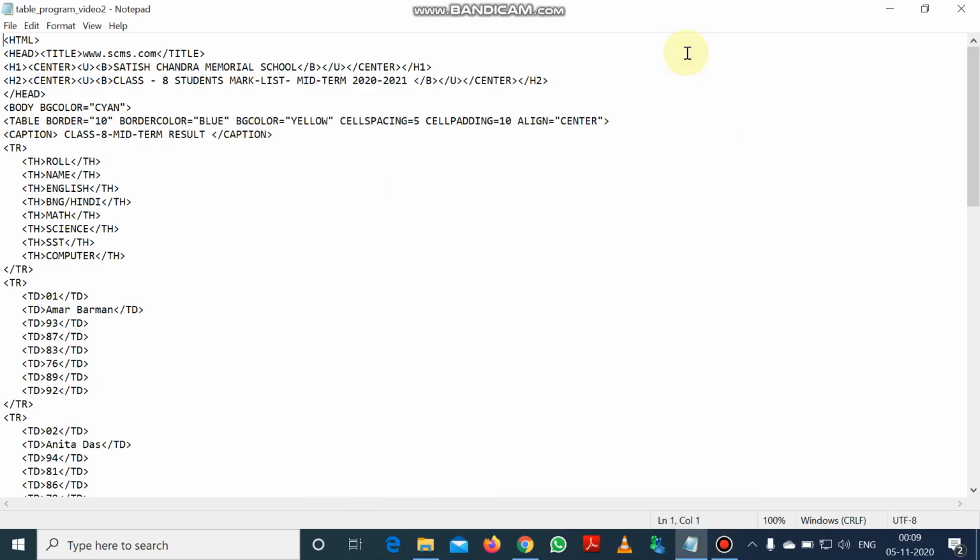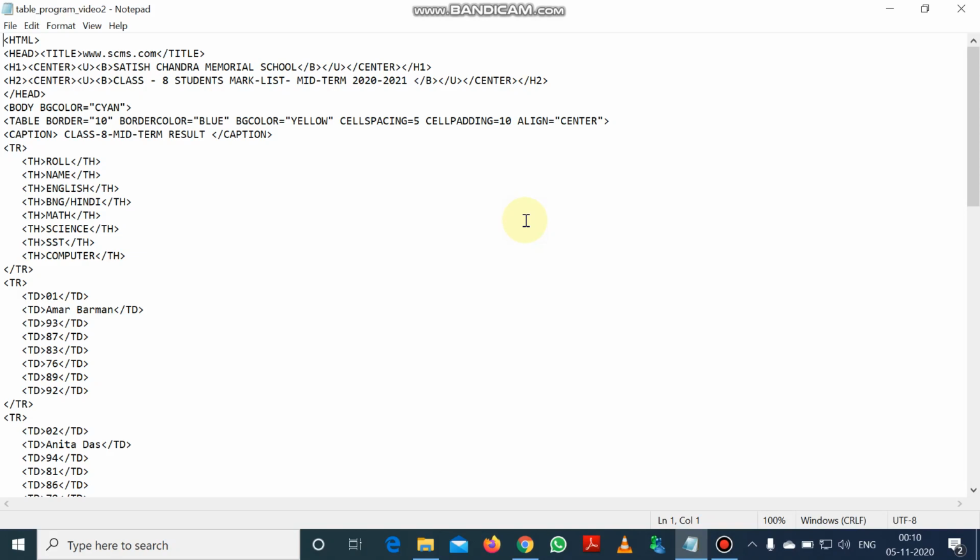Hello dear student, today I am going to describe more about tables in web page. This is the continuation class of chapter 5, tables and hyperlinks in HTML. Today I am going to describe more attributes in table, how we can create a large table, and how we can place the table at different positions on the web page.